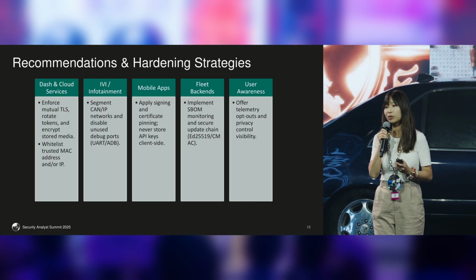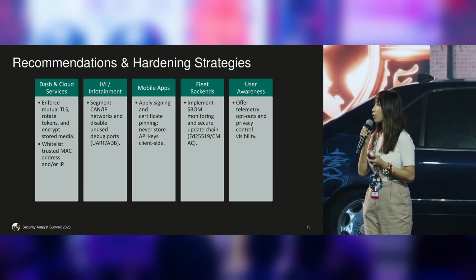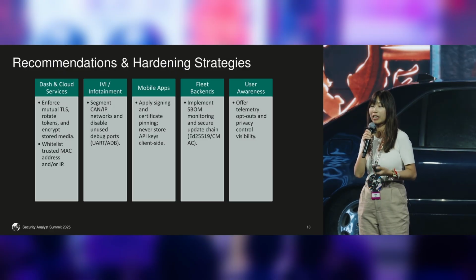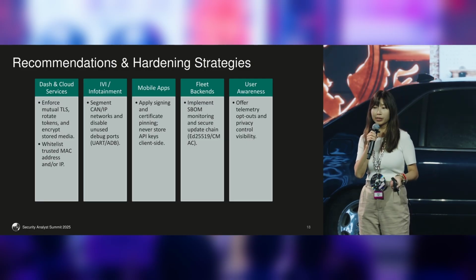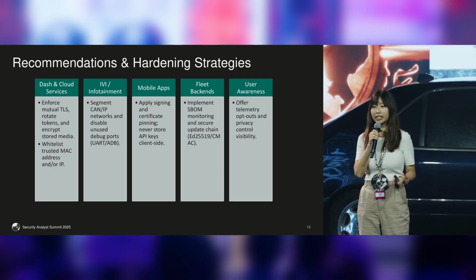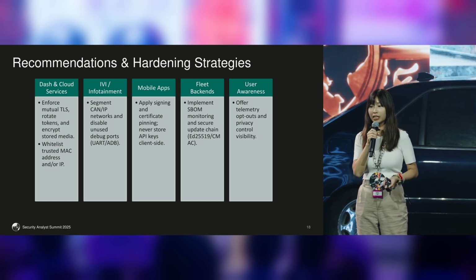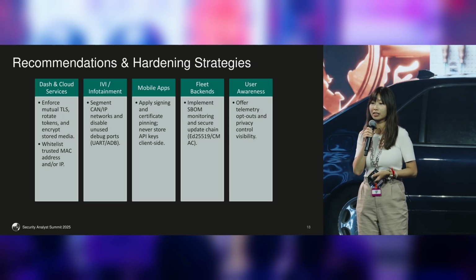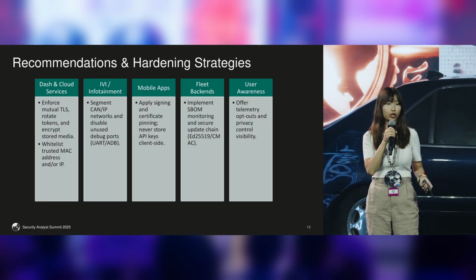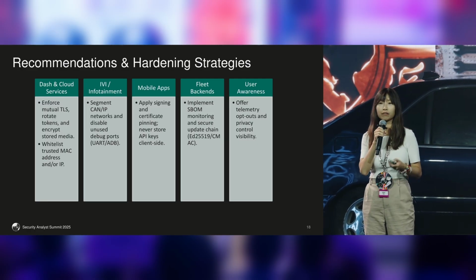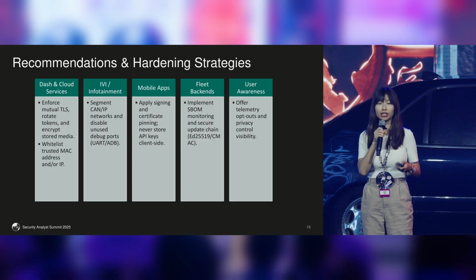Having discussed all the threat vectors in detail, these are the recommended hardening strategies. For cloud dash cam and cloud services, enforce mTLS, encrypt stored media, and rotate your tokens. For infotainment systems, make sure that you segment your CAN networks and disable any unused debug ports. For mobile apps, apply signing and cert pinning. Do not store API keys on the client side. For fleet management systems or backend systems, implement monitoring and secure the update chain via CMAC or package signing to ensure firmware integrity. Last but not least, allow users to perform telemetry opt-outs and privacy control using the